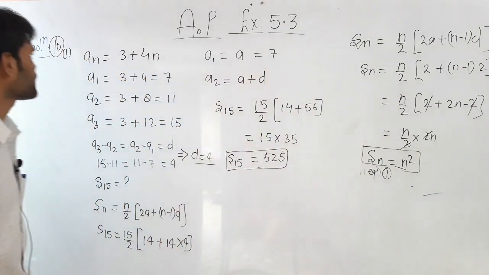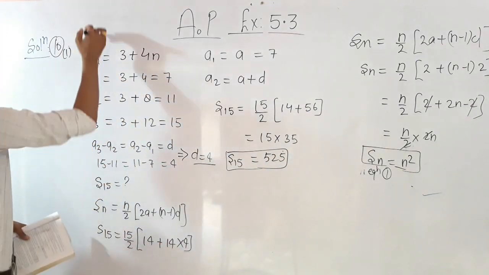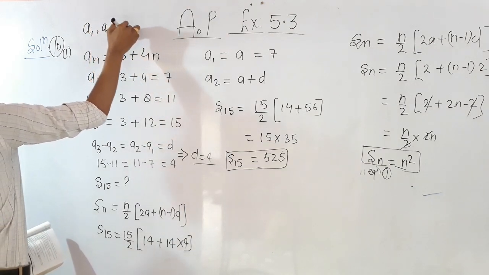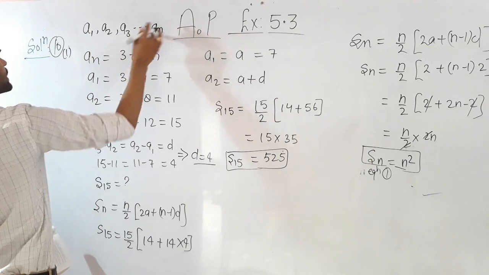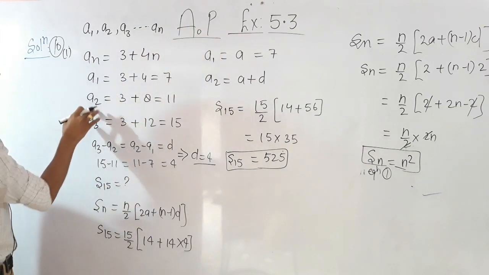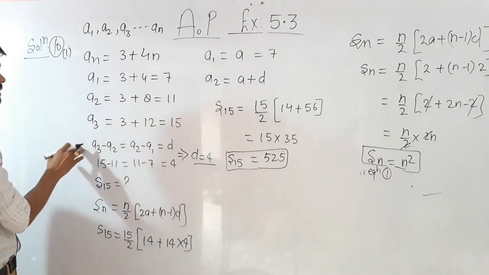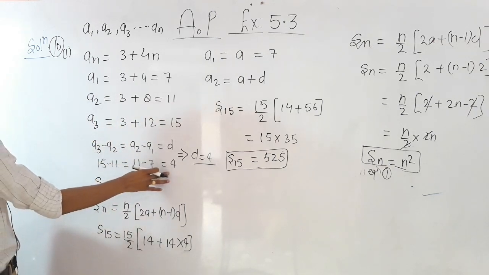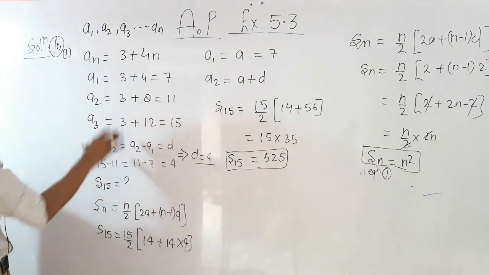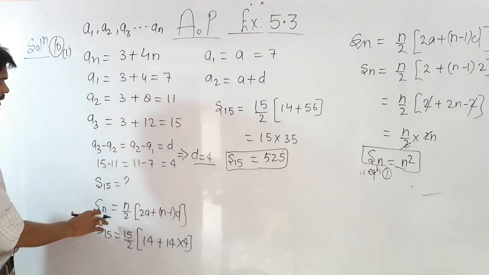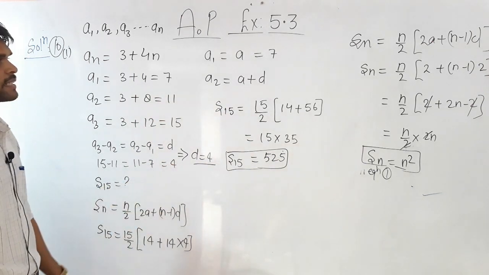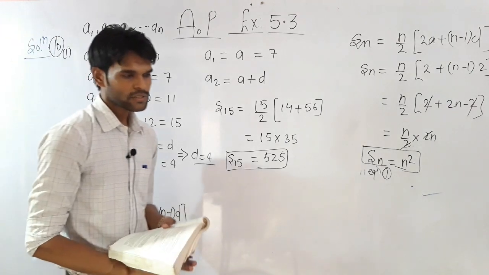देखिए इस क्वेश्चन में क्या क्या आपसे बोला गया था. You need to check first of all whether a1, a2, a3 and so on is an AP or not. So we have put the values for a1, a2, a3, and obtained the first, second and third terms of the given series. Then we obtained a common difference, that is d, equal in all the cases. So this is an AP. Using the formula Sn, we have obtained the sum of the first 15 terms. Now moving toward the next question.